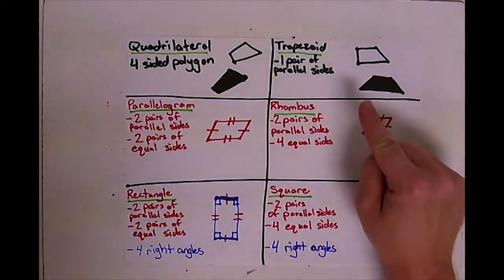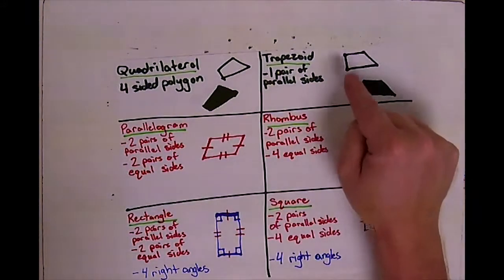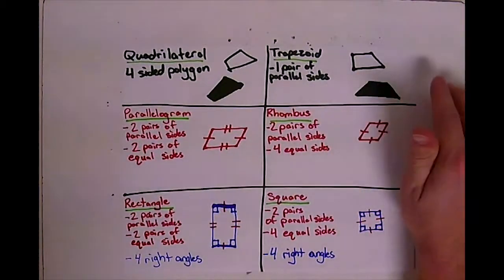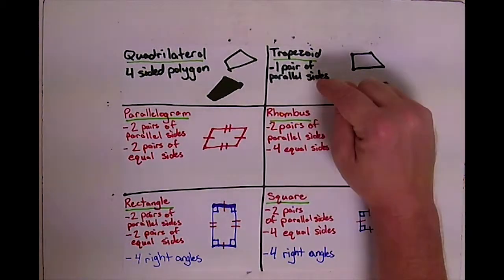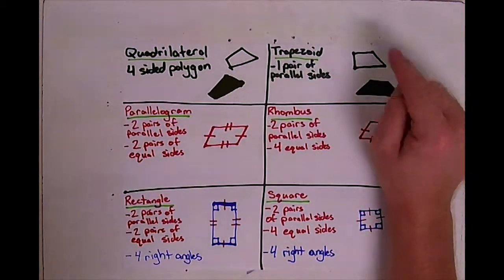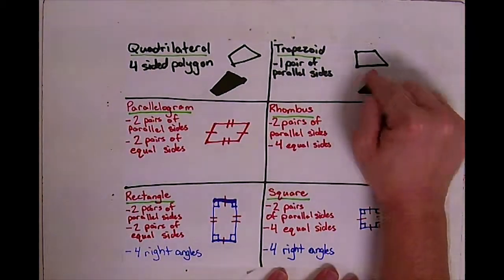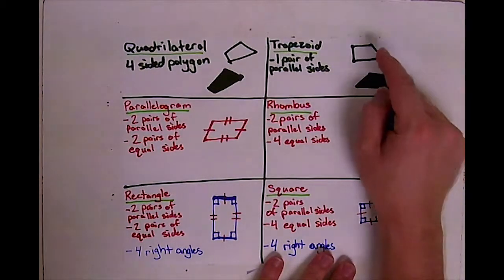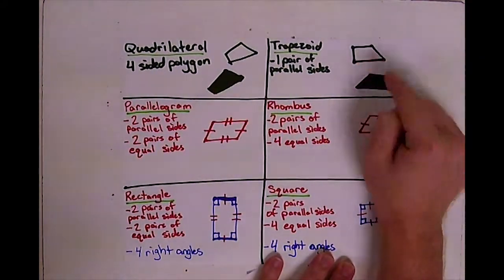The first one that we're going to talk about really quickly is a trapezoid, which is different than all these others because a trapezoid only has one pair of parallel sides. And a pair, if you think like a pair of shoes, you need two shoes to equal one pair. So we need two lines to equal one pair. So what are my two lines that are parallel? Well, it's my top one and my bottom one. The same one here, my top one and my bottom one. These other ones aren't parallel because if you take those lines up all the way, they're going to eventually cross